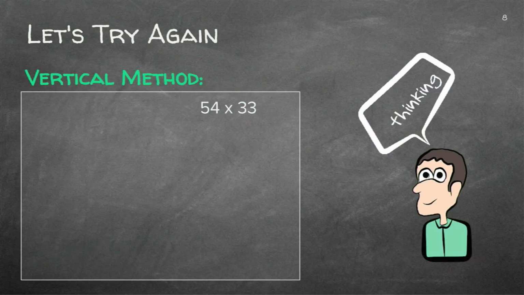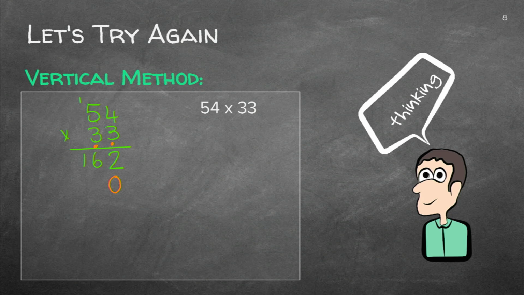Okay, let's go. This is a nice fast calculation. 54 times 33. First I start with my ones and I multiply to the top. 3 times 4 equals 12. I take the 1 over to the tens. 3 times 5 equals 15 plus 1 equals 16. Now what do I do with the tens? 0. I keep a place for it there. Make it orange for you to remember next time.